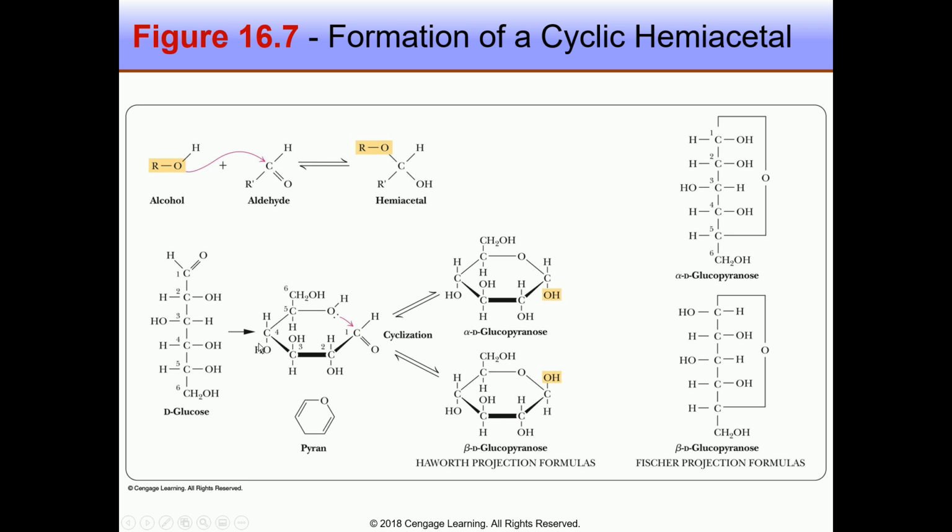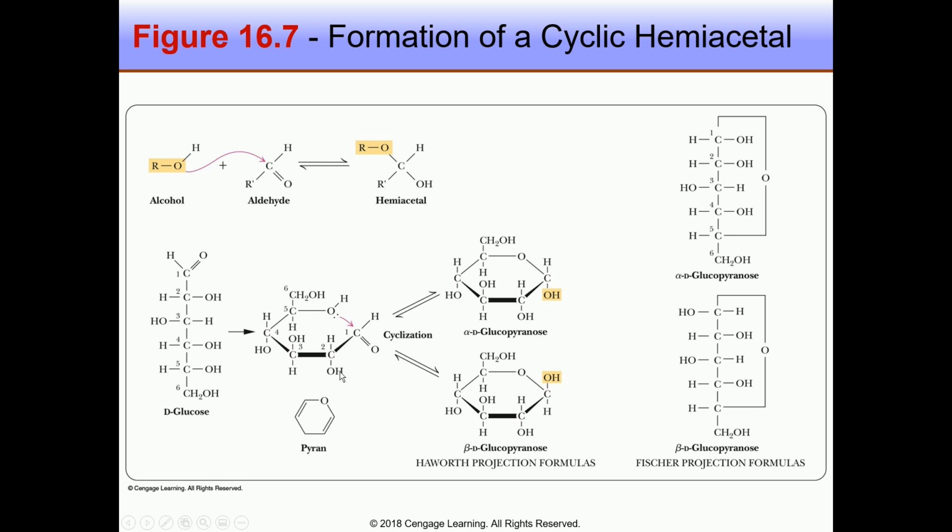So this oxygen, which I just showed you, is going to form its bond with carbon number 1. So this oxygen which is attached to carbon number 5 is going to form its bond with carbon number 1. When it forms a bond with carbon number 1, it has to break its bond with this hydrogen, only then it can form the bond with this carbon, and this carbon has to break one of its bonds with this oxygen, and this oxygen is then going to form a bond with this hydrogen, and the OH group comes here. This is the way glucose forms